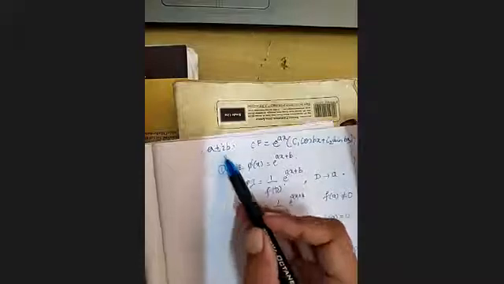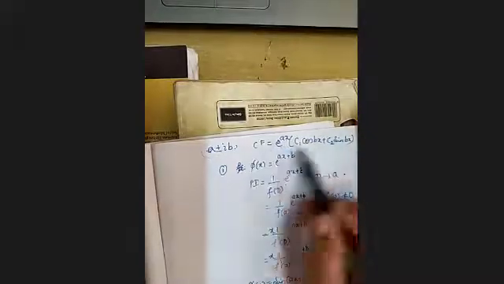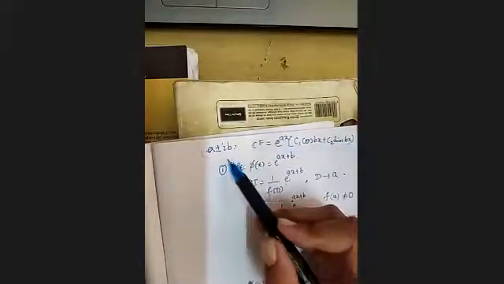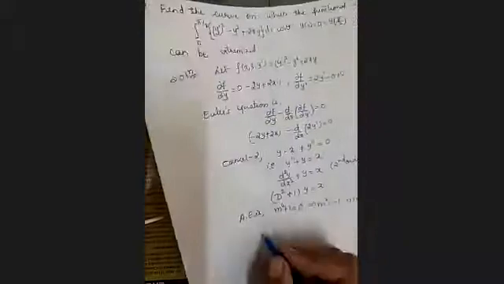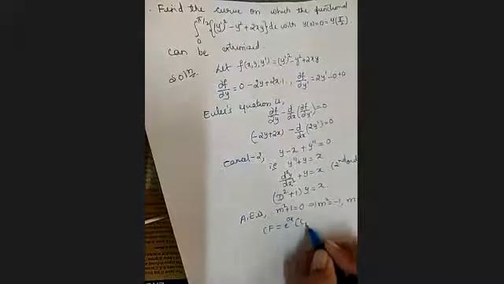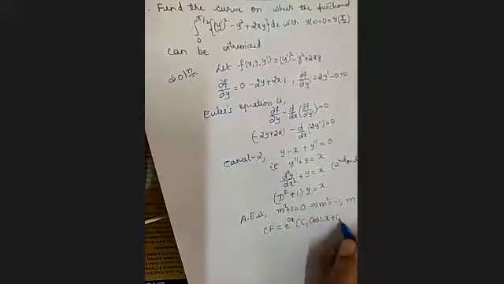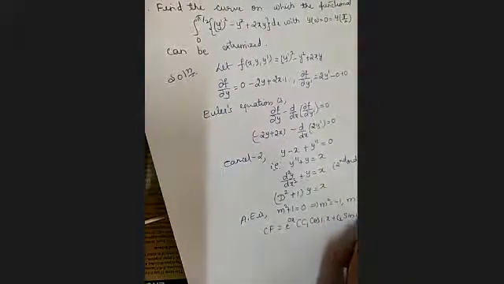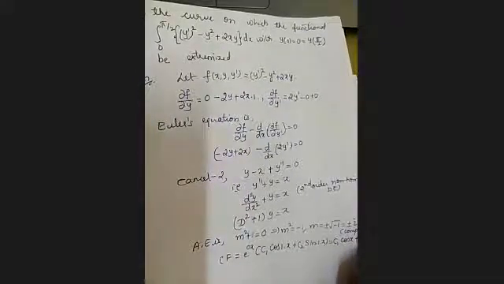See, last time we discussed, when we have complex roots of this category, a plus or minus ib, we have to write e raised to ax into bracket c1 cos bx plus c2 sin bx. So if you have only i, there won't be i in the CF. In this case, real part is 0. So e raised to 0x, c1 cos of, along with i we have a 1, so cos of 1x plus c2 sin of 1x, or altogether it is just c1 cos x plus c2 sin x, which is the complementary function.